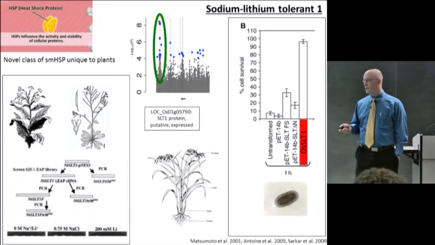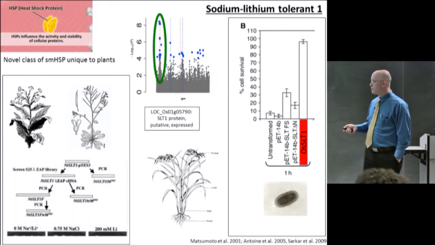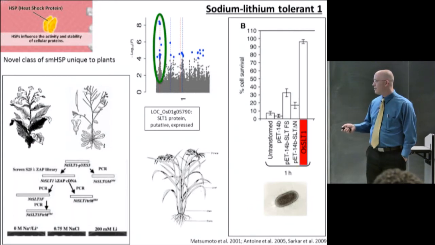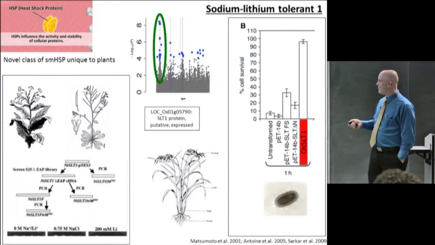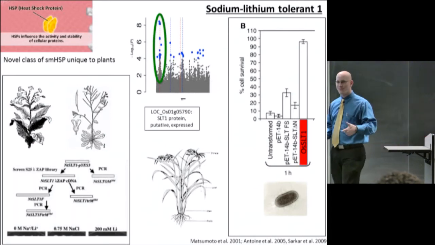So animals don't have this kind of heat shock protein. They took it out of tobacco and out of Arabidopsis and threw it into yeast. Oh man, my yeast is cut off. That's okay. You'll believe me. They threw it into yeast, and it turns out it made salt-susceptible yeast tolerant to sodium and tolerant to lithium,